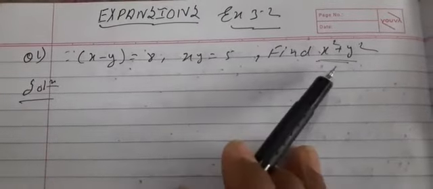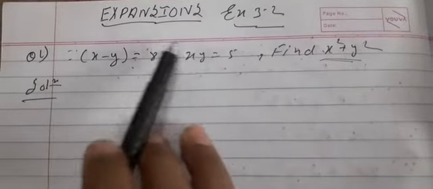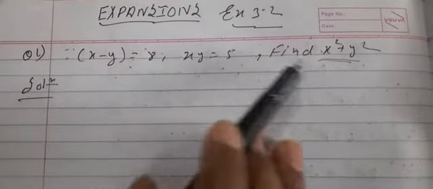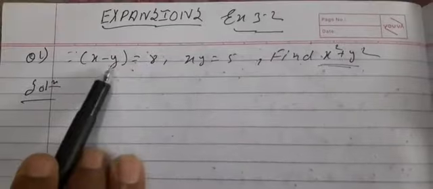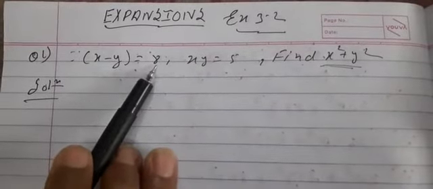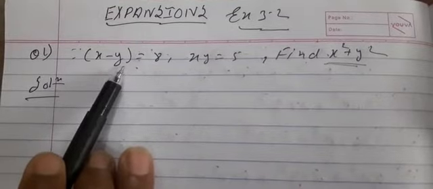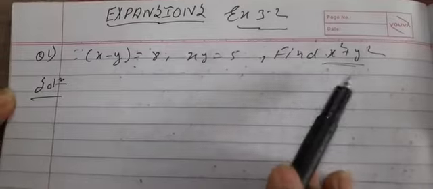But in a few questions we have to start from the question and there we utilize the given value. Here we have to start from the given value and slowly reach this point, because when we square x minus y it will become 64 and the left side will become x square plus y square minus 2xy, and out of that we can find the value of x square plus y square. So let's see what I will do here.